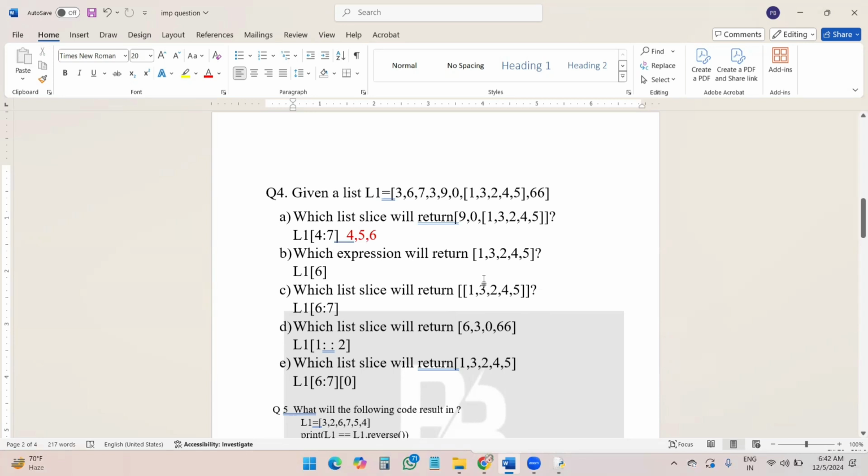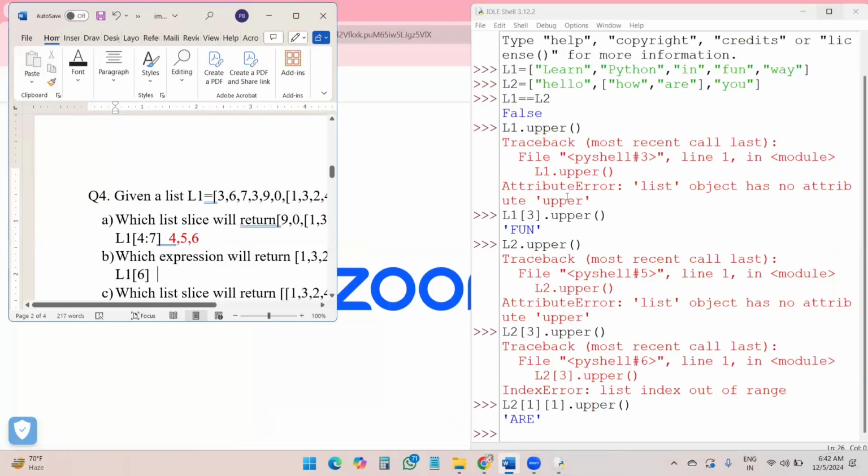Now, see, there are two things. If I just want to return only this 1, 3, 2, 4, 5, then I write L1[6]. But if I want to print it in the form of a list, then I write 6:7. Now this I will explain to you with the help of IDLE, students.